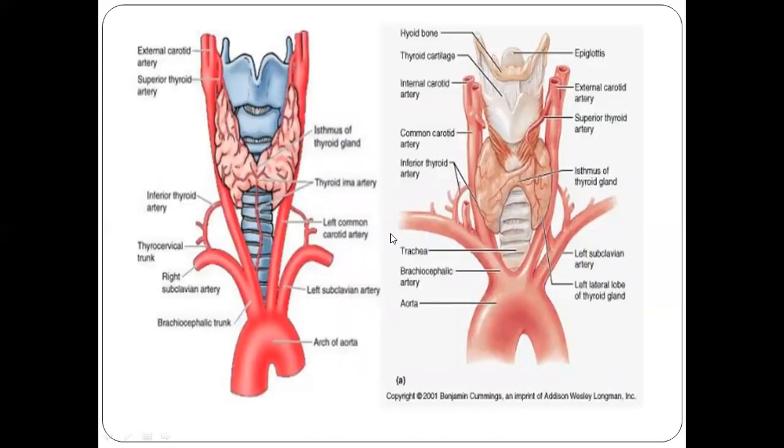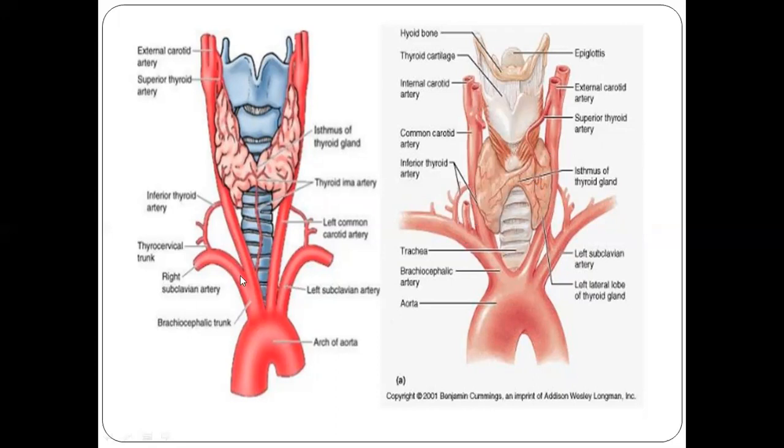So I told you the medial relations: pharynx, larynx, and trachea. These are the lateral relations, the common carotid arteries. They form the lateral relations. And the muscles, like sternothyroid, sternohyoid, the superior belly of omohyoid, and sternocleidomastoid, cover the thyroid gland anteriorly. So these are the lateral relations, common carotid artery and internal jugular veins, and the medial relations, pharynx, larynx, and